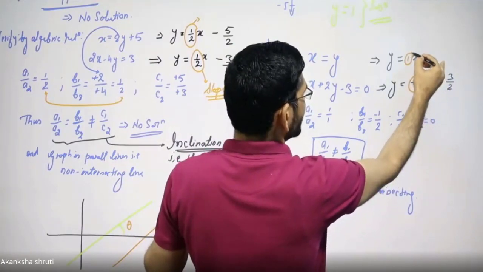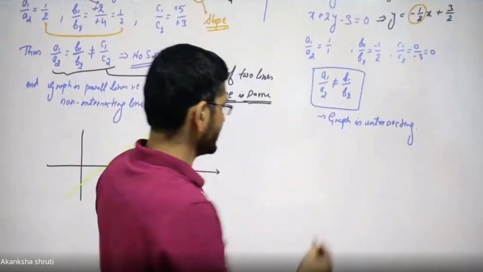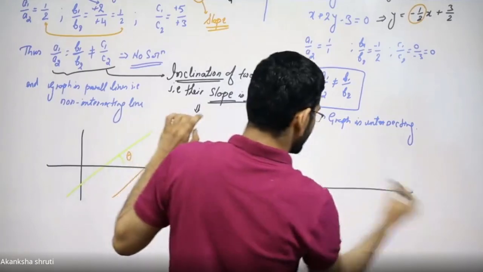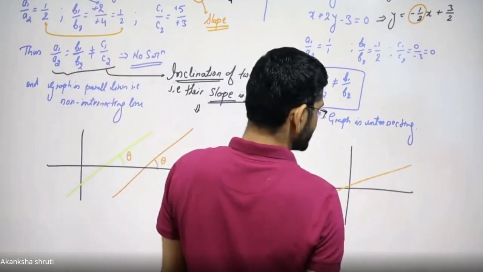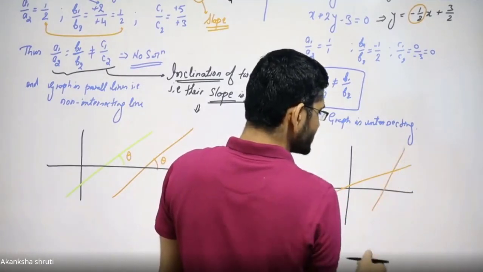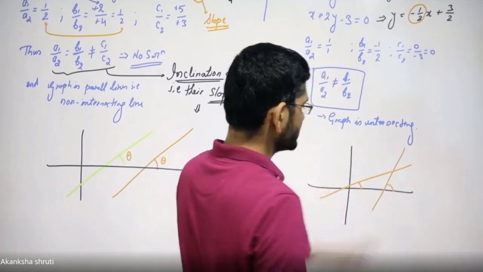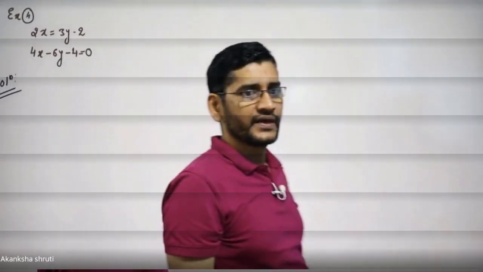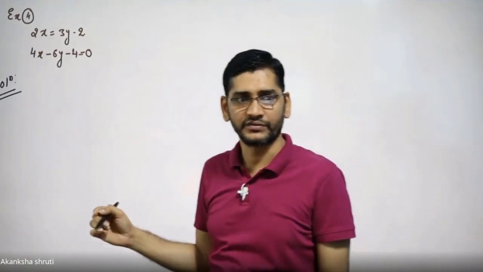So from here you are seeing that the inclination of both is different. So when inclinations are different, it simply means if you have drawn the graph, their inclinations are different. So one is this much inclined, the other is not this much inclined, maybe possibly this much inclined. So in this case, the angle is different. So surely they will cut each other. This is the significance. Let us plot the graph for this equation.